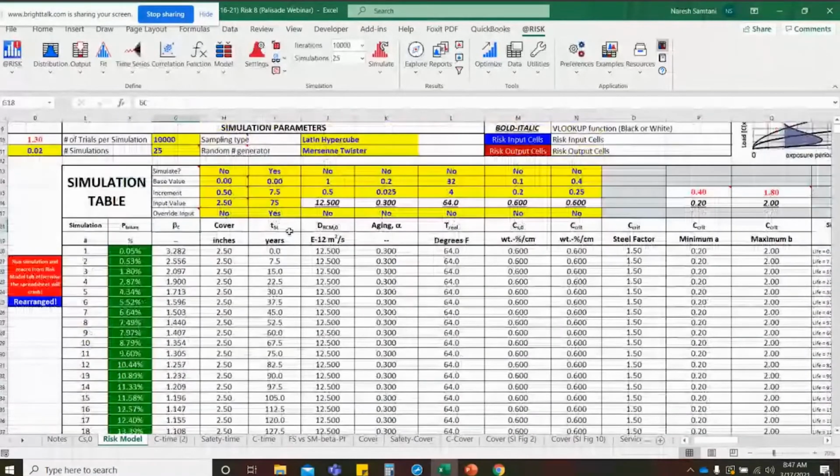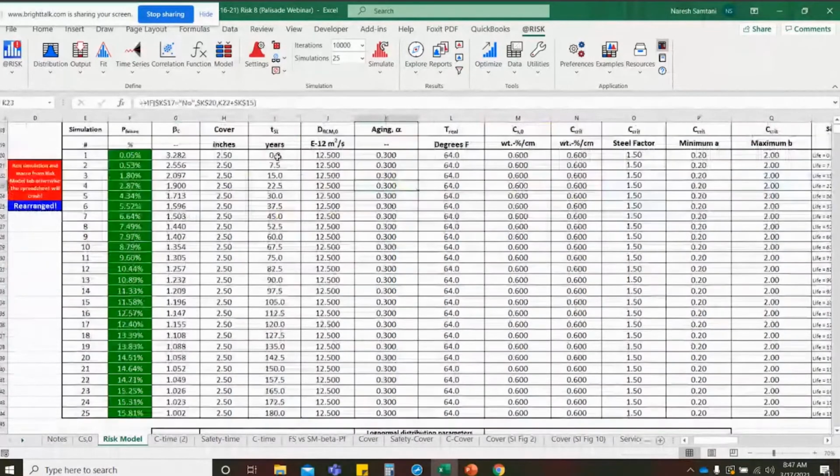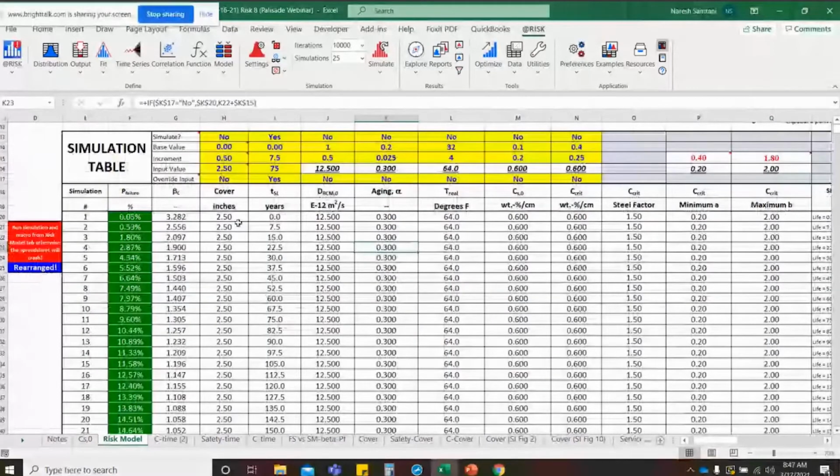For time in years, I set up a simple formula, say that whether I want to vary time or not. In this case, I'm varying the time, and I want to vary it in certain increments. Okay, I'm varying it in 7.5-year increments, and then I can do simulations all the way out to 180 years, well past what I think the structure would last. Now, the same thing I can do for varying the concrete cover, whether I want to simulate bare steel in ground with zero concrete cover, or I can have concrete cover of 6 inches, or I can have select fill of 12 inches or whatever.